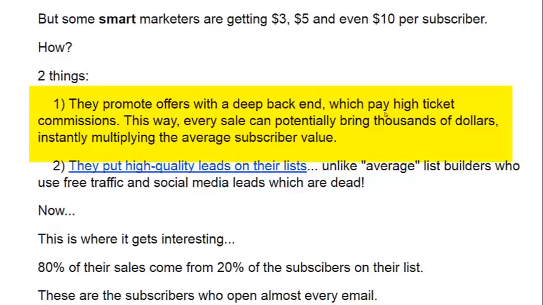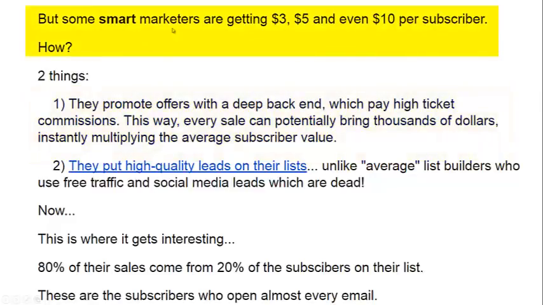So in any event, what this particular marketer sent out in his list, and I'm in his list, was while most people struggle to list build, most people struggle to communicate with their list, most people struggle to monetize their list, and most marketers don't even get to the dollar per month per subscriber, there are other smart marketers that get to $3 per month per subscriber, or $5 or $10. Again, our mobile marketing system could have you generating as much as $17.33, even if the person hasn't bought anything